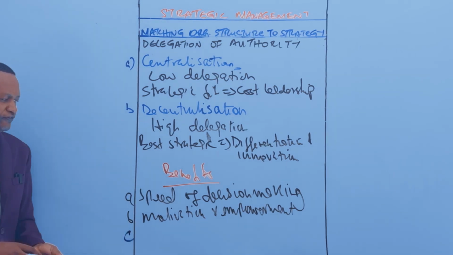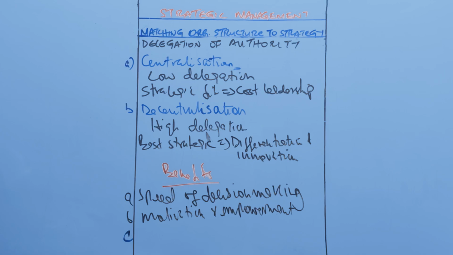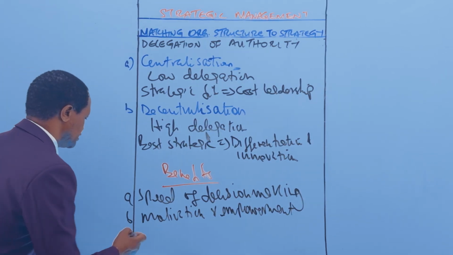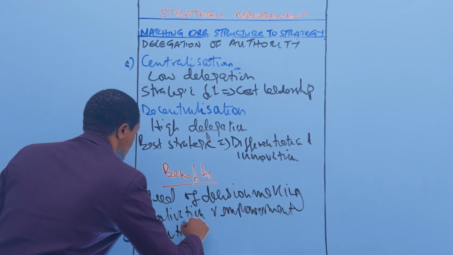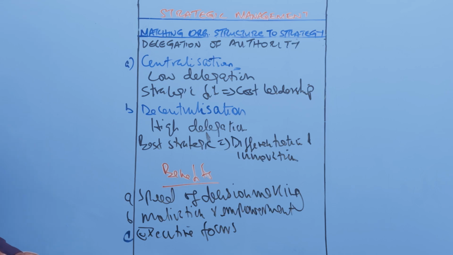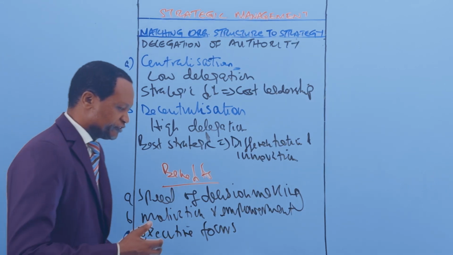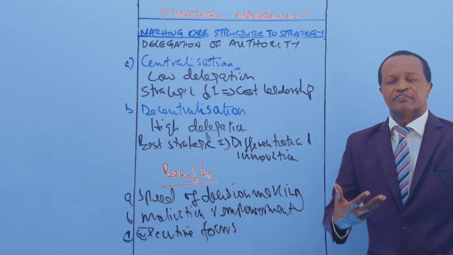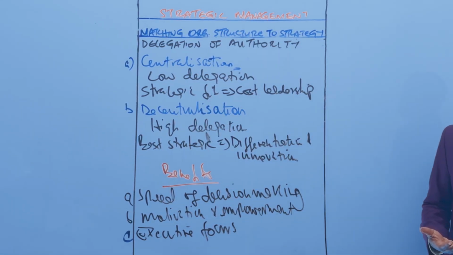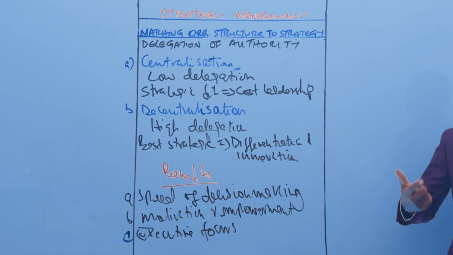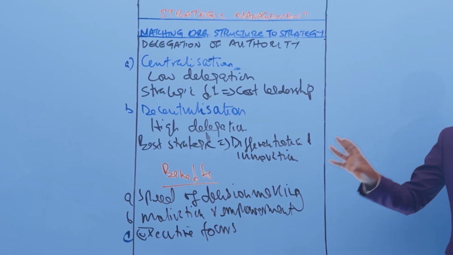Point number three, the third benefit is executive focus. What does that mean? It means that delegation frees up the CEO's time. It frees up the strategy director's time to focus on high-level strategic moves, rather than getting bogged down in firefighting